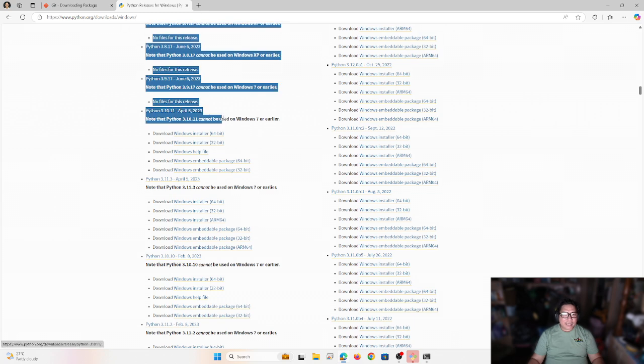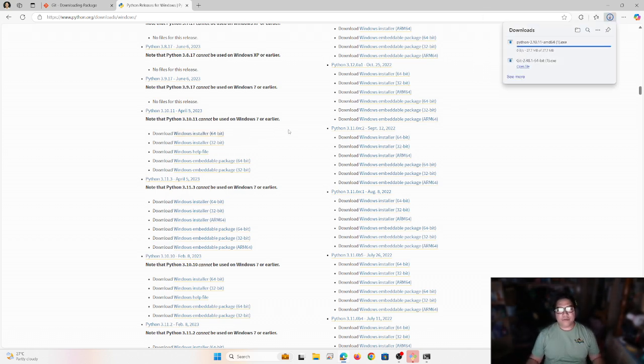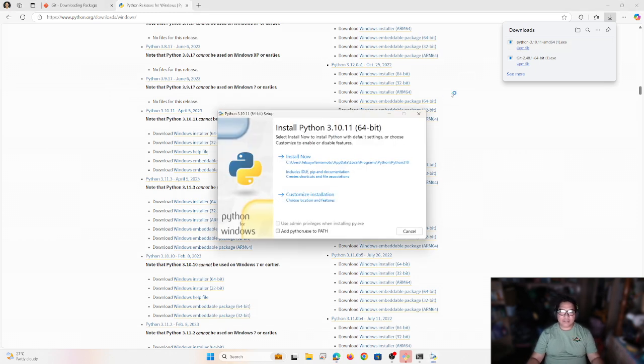I know the last version of it is 3.10.11. It doesn't matter what the third number is, as long as it's 3.10, you're good. We download it. I'm using Windows 11 64-bit, so I'm going to use the 64-bit version, and we install it on our system as well.